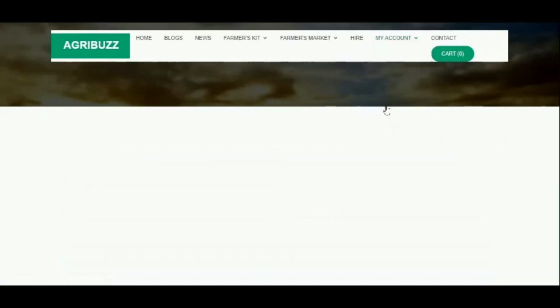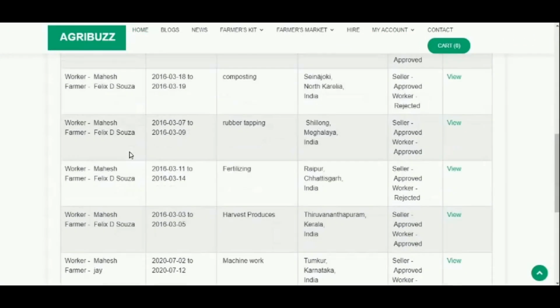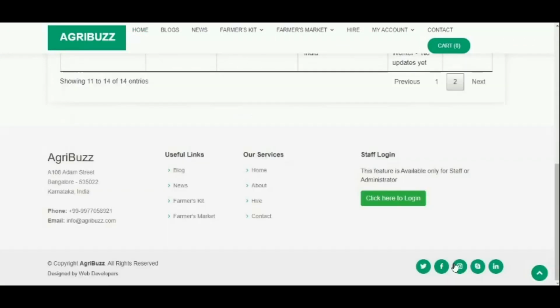Under View Your Jobs, worker can view the jobs requests made by various farmers along with the action view.